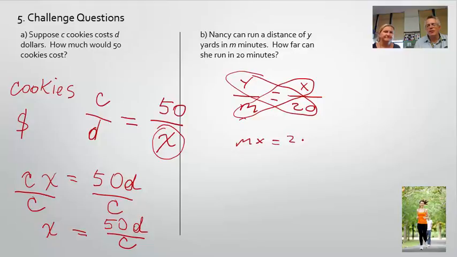And it's just a matter of keeping straight what we're solving for. Remember, we're solving for X. All right, so we don't want N times X, so we're going to divide both sides by N. Just like if there were any other number, like a 2 or a 3. And we get X equals 20Y over N. And that's it.